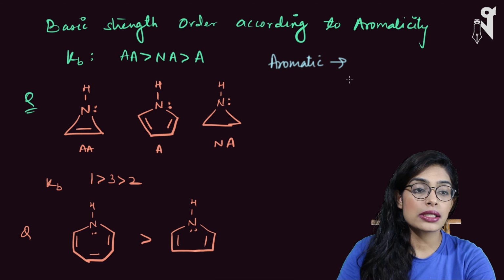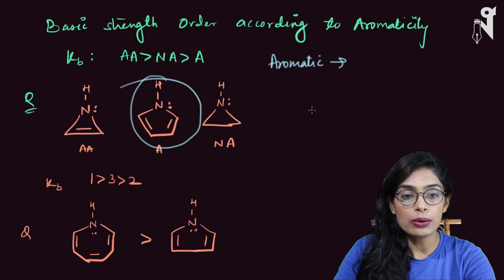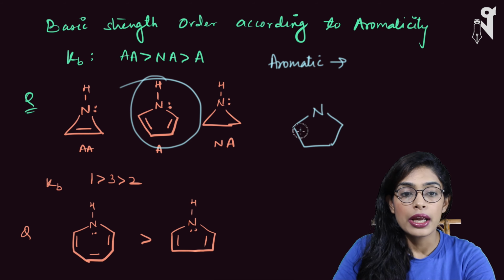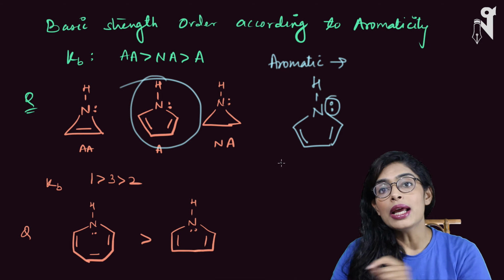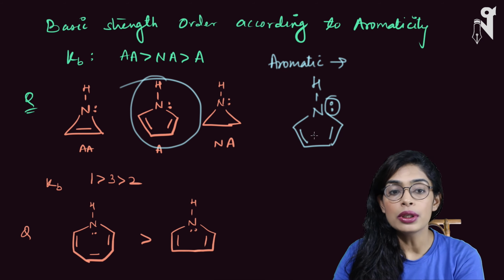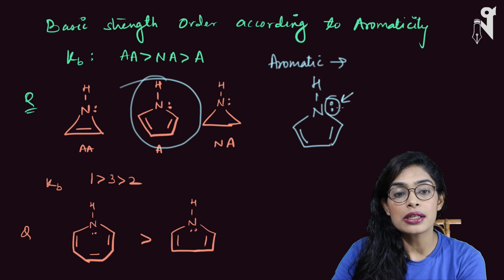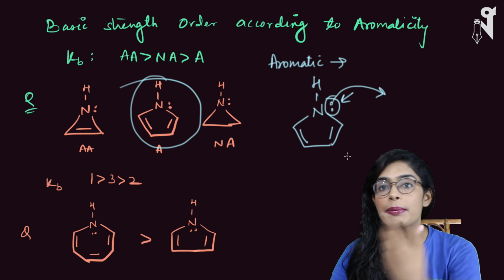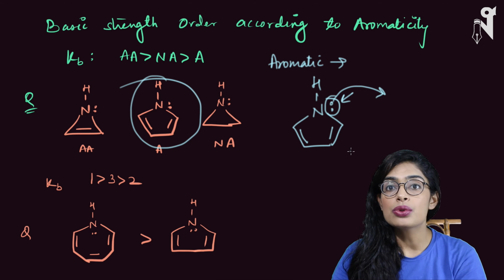For example, let's look at this. This is my aromatic species, right? Here, if I look at the species, nitrogen is embedded in the aromatic molecule, and while I'm considering this compound as aromatic, I'm actually including its pair of electrons also. Now, when I'll be talking about the basic strength of this molecule, I will be dealing with this pair of electrons. So basically, what I'm expecting is that this nitrogen should give away its pair of electrons to something. Basically, it should share its pair of electrons with something else, and when it does so, these two electrons will not remain there with the nitrogen.